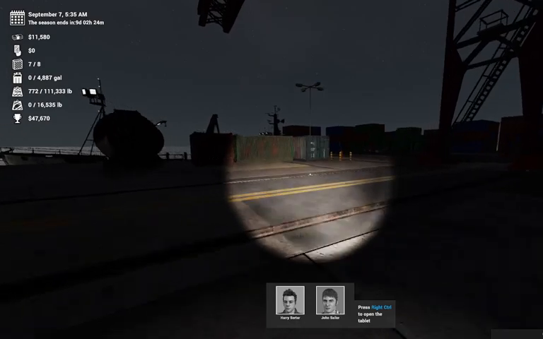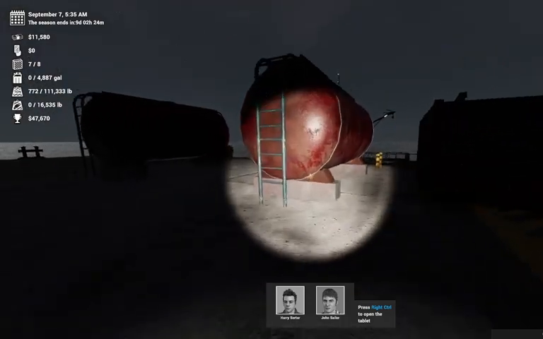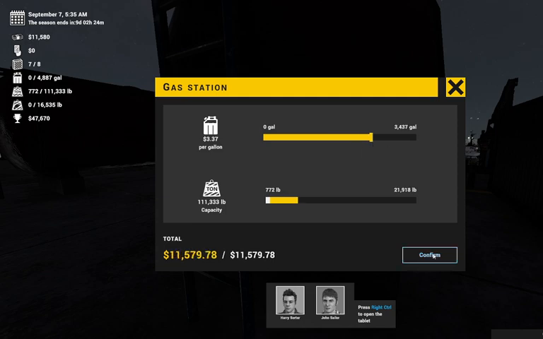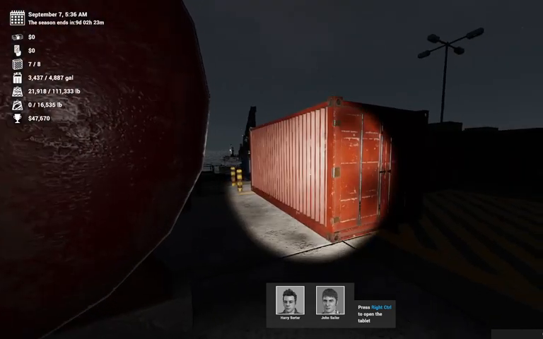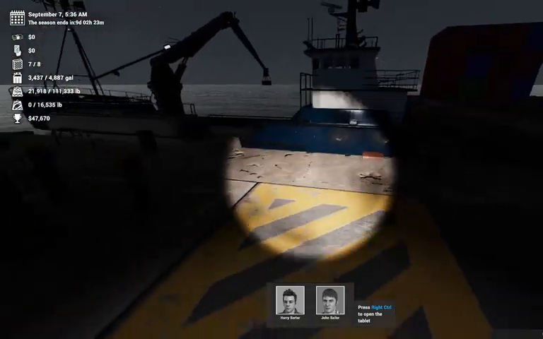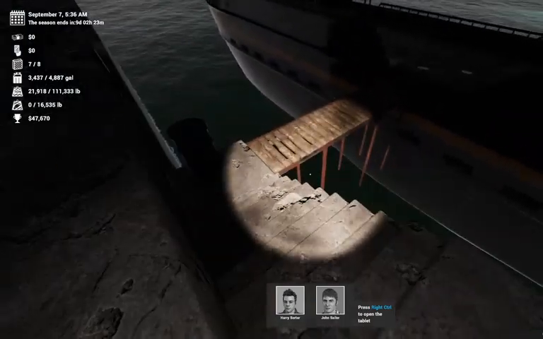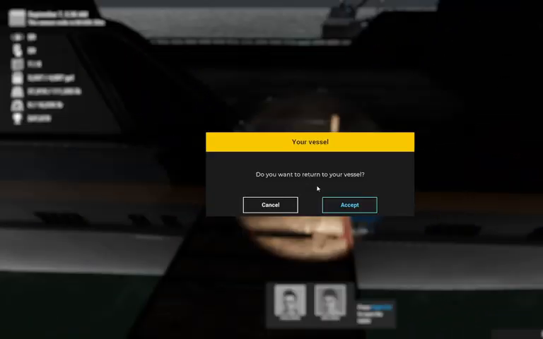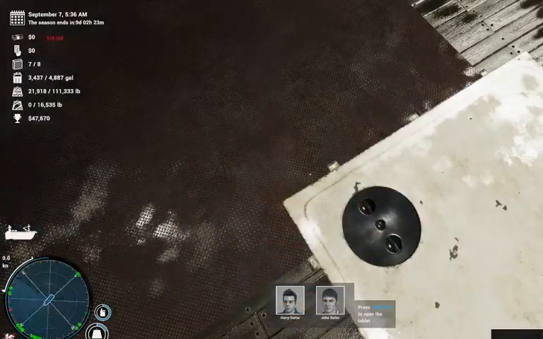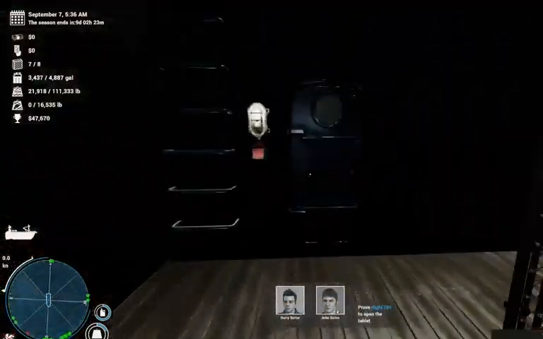I'll go out there after I fill the tanks up with what I can. That'll give me a lot of fuel. It'll get me out to where I need to be to get the other pods back. What we'll do is we'll sail out to the other pods, collect them, and then